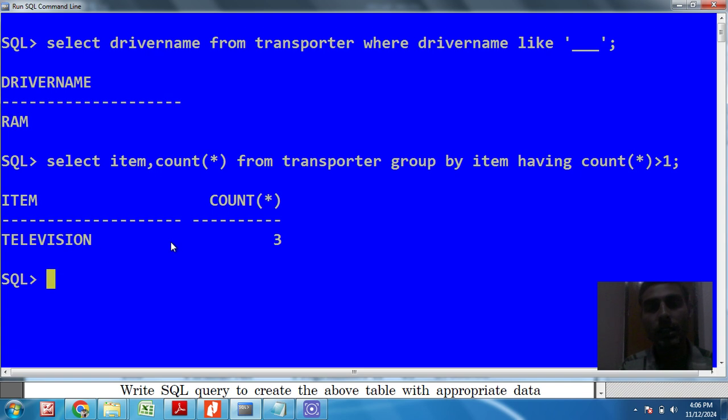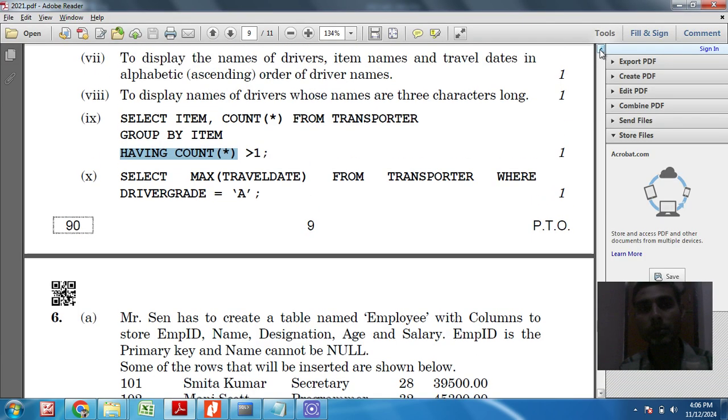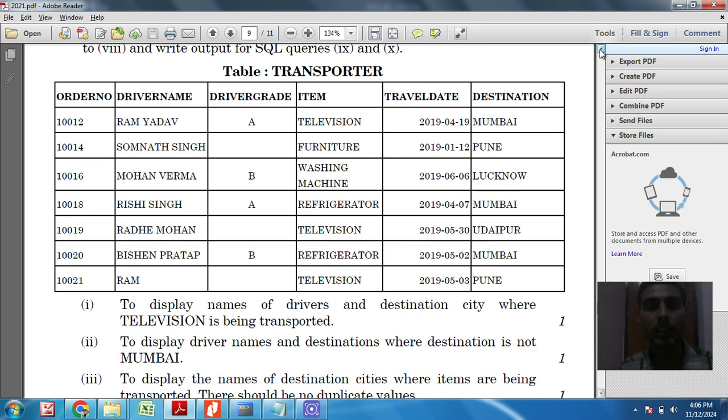Television has been counted 3 times, which is greater than 1. No other item is repeated in the table. Only television is repeated 3 times, so it shows television with count 3.